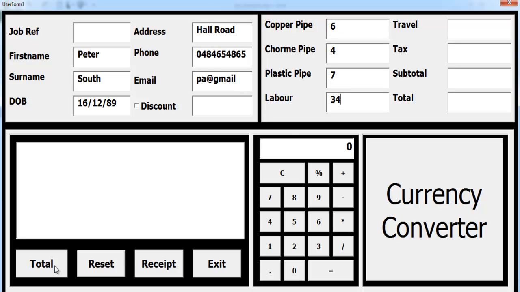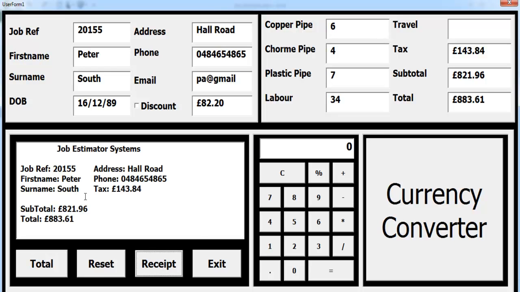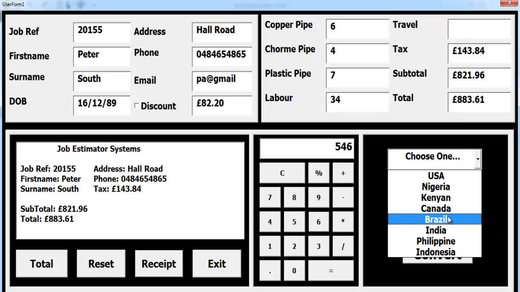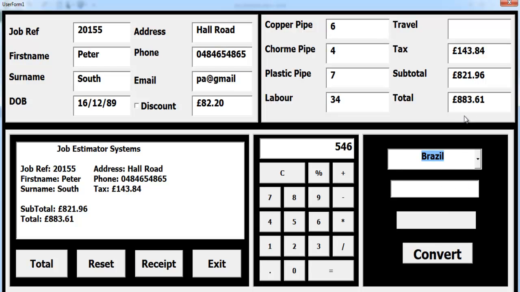Now click on total. Alright, receipt, that's the receipt. So we can also use this just to carry out some additions. Let's check out the, okay, if it's Brazil, let's go for 883, convert there. With that, guys, I'll just leave you with this very nice tutorial in Excel using VBA,